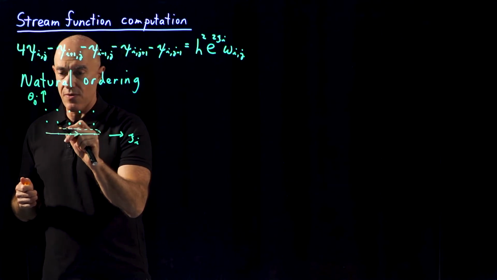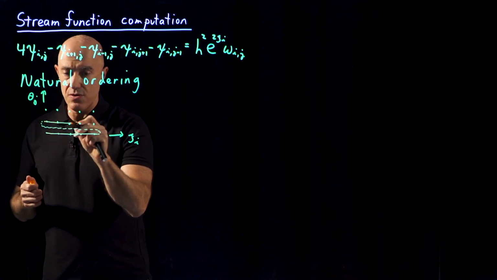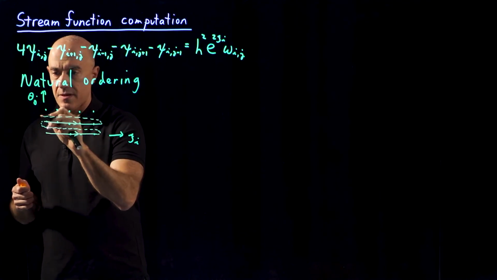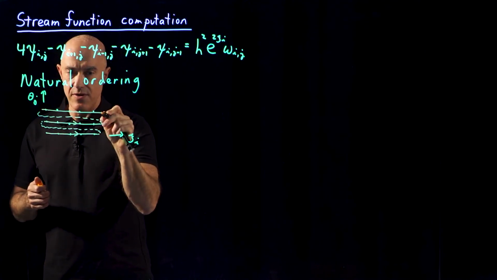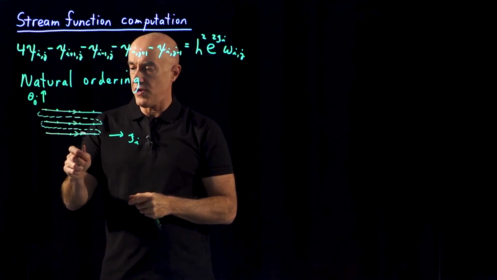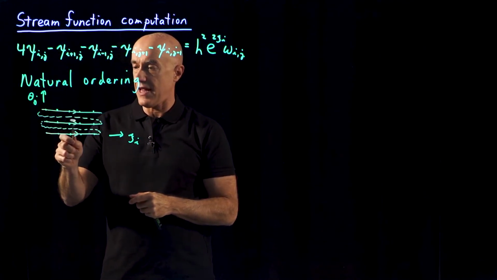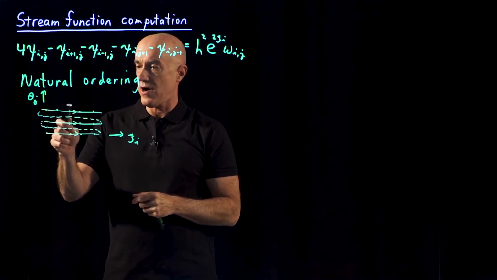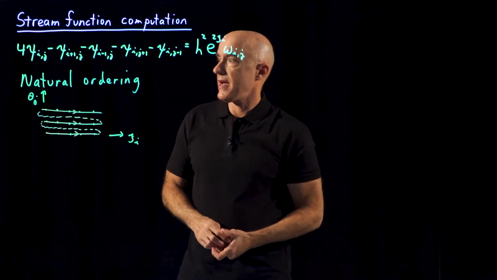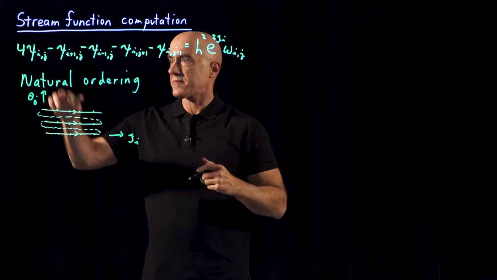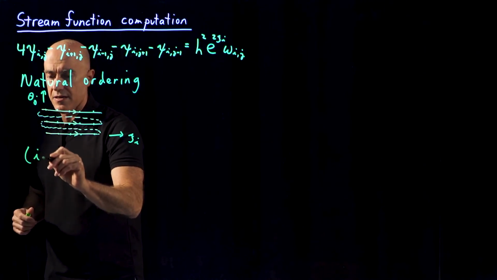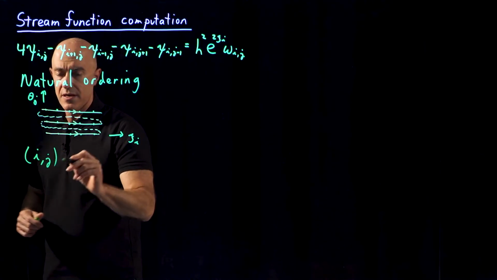And then we'll come around, and then we'll go this way, come around, and we'll go this direction. So we've ordered the points 1, 2, 3, 4, 5, 6, 7, 8, 9, 10, 11, 12, 13, 14, 15, and so on. Okay? What that means then is that we've taken our ij point on the grid and converted